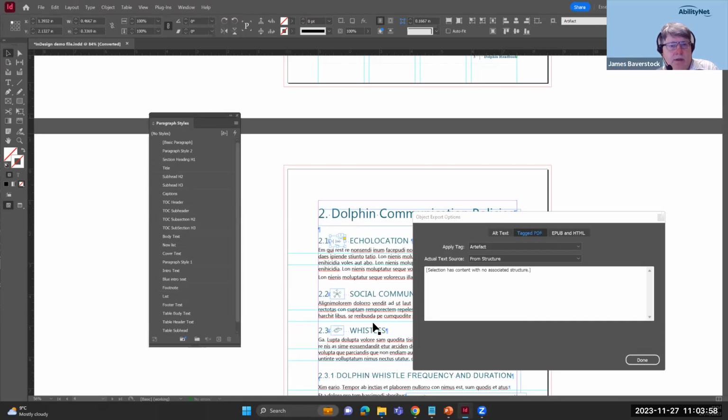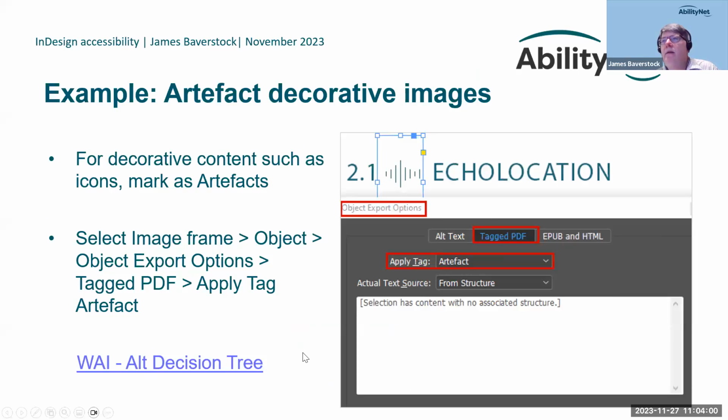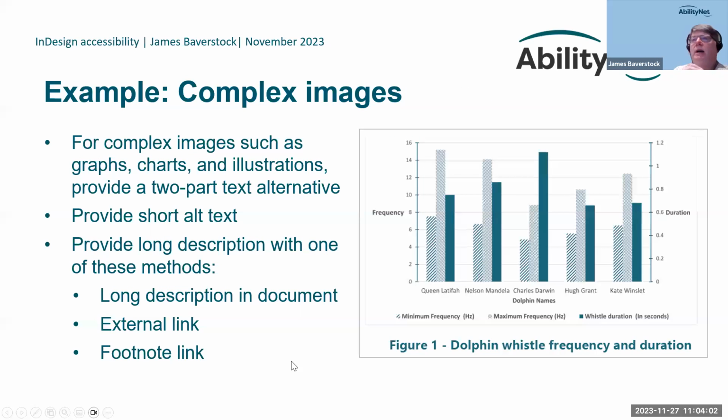So if we pop back here, complex images are another thing that can come up. If we have complex images like graphs or charts or illustrations, it's often going to be best to provide a two-part text alternative. Ideally, with our alternate text, we want to keep it reasonably short, probably no more than 2 or 3 sentences if possible, because it's really there just to give an idea to people about what that image is. We don't want to put huge amounts of content into our alt text if possible, because